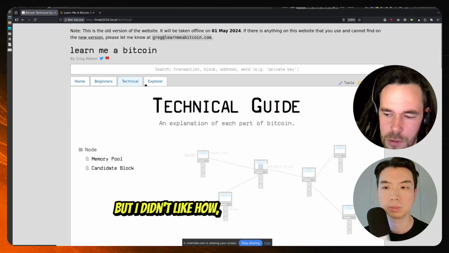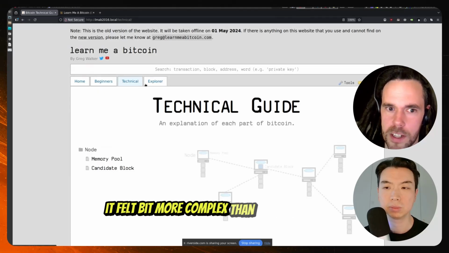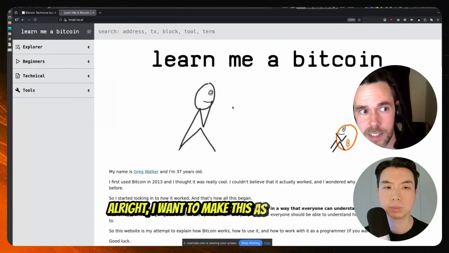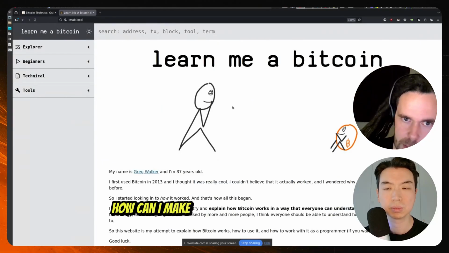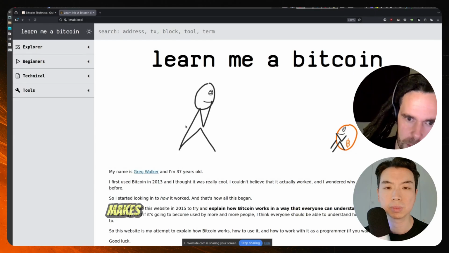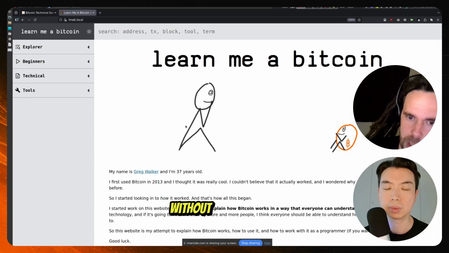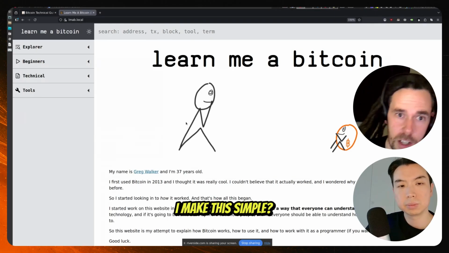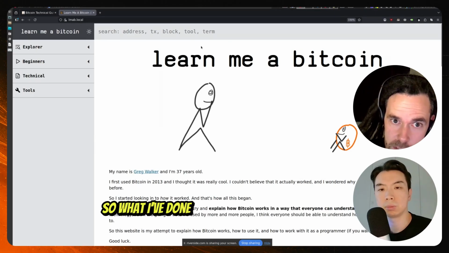But I felt it was a bit more complex than I wanted it to be. So when I went to this new design, I thought, all right, I want to make this as absolutely simple as possible. How can I make this page load in a way that makes sense to me, that's easy to work with, without caring what the best practices are? How can I make this simple? So what I've done is basically